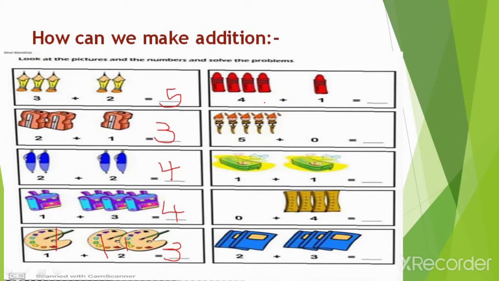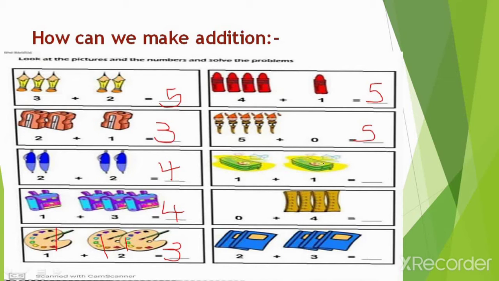Here we have the sum 4 plus 1. Okay. So what we have to do? We have to count all these given objects together. 1, 2, 3, 4 and 5. Next is 5 plus 0. Here we have number of 5 ice cream cones and this place is empty. By adding 0 to any of the number, we get the answer as a given number same. So our answer is 1, 2, 3, 4 and 5.